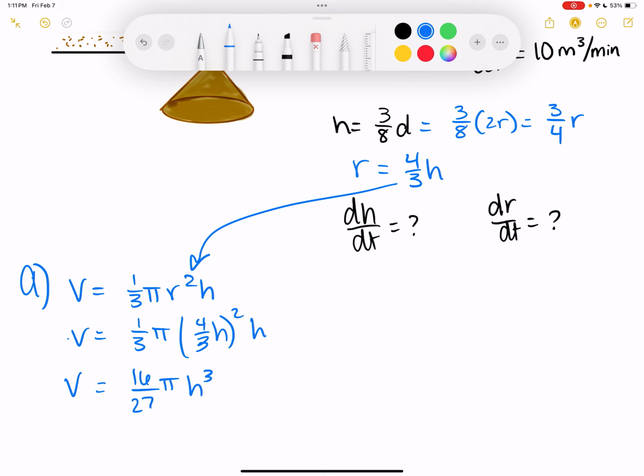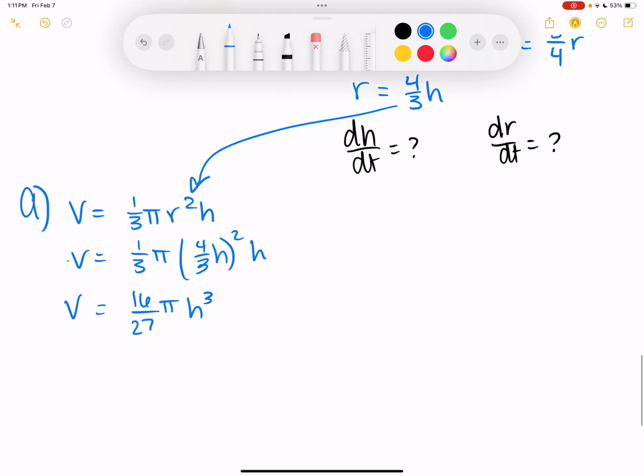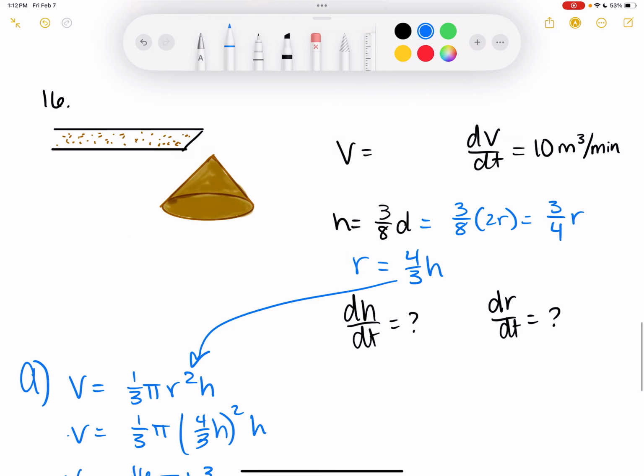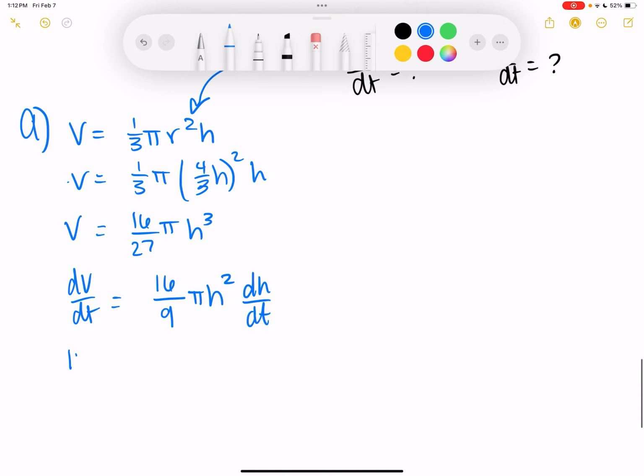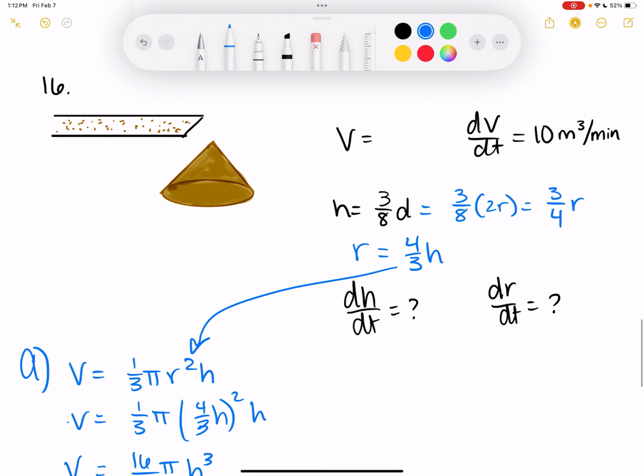Now at this point I can take the derivative. What would the derivative of this be? dV dt is equal to 16/9 pi h squared dh dt. And now at this point I can plug everything in. So I've got 10 equals 16 over 9 times pi times